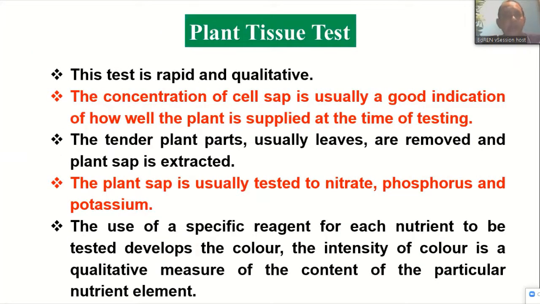Another is the plant tissue test, which is called a rapid test and also a qualitative test. That means this is not the actual measurement, but this is a qualitative test. Here, the concentration of cell sap is usually a good indication of how well the plant is supplied at the time